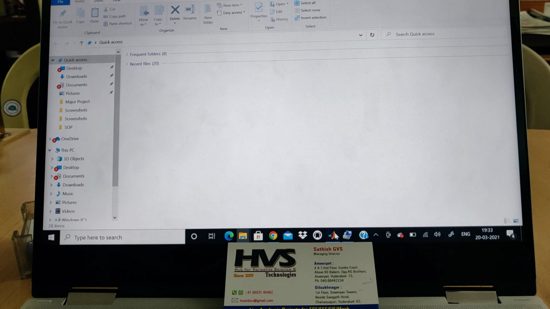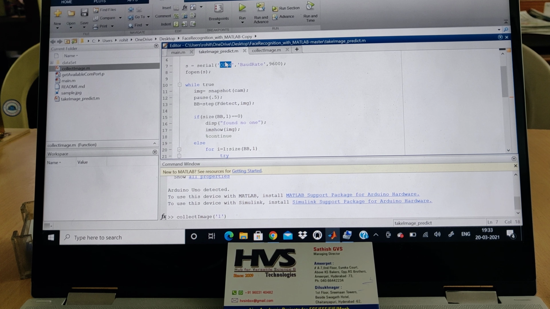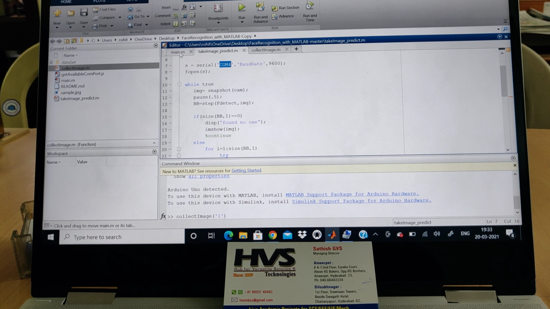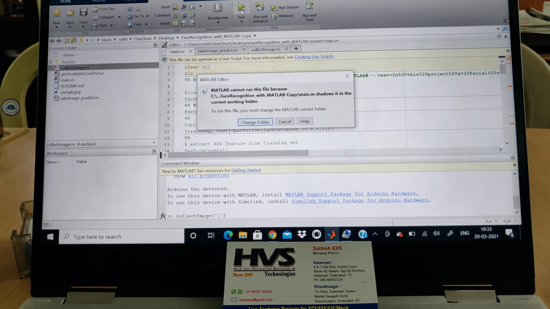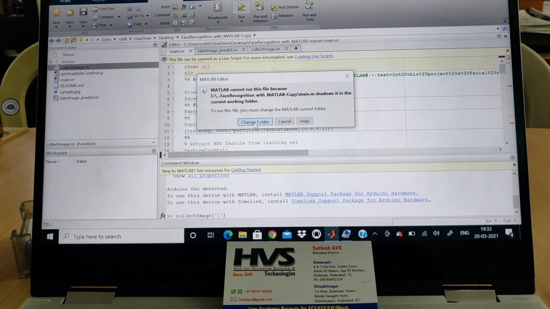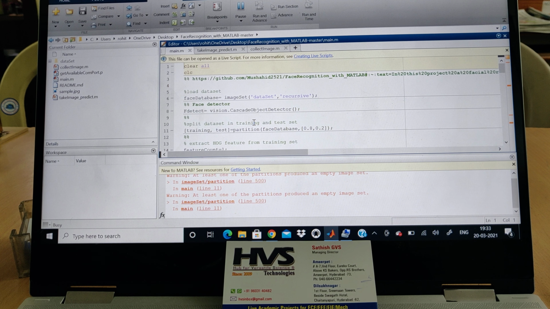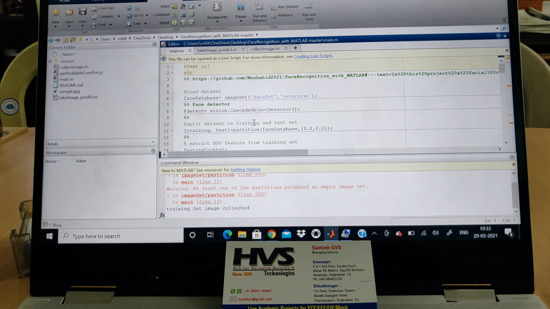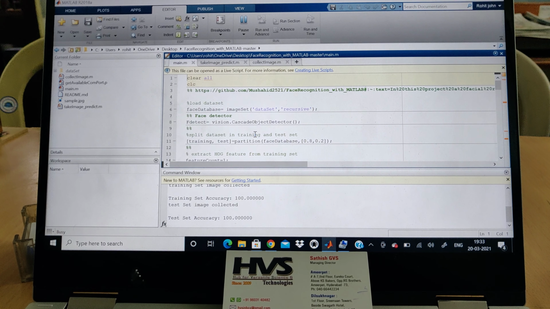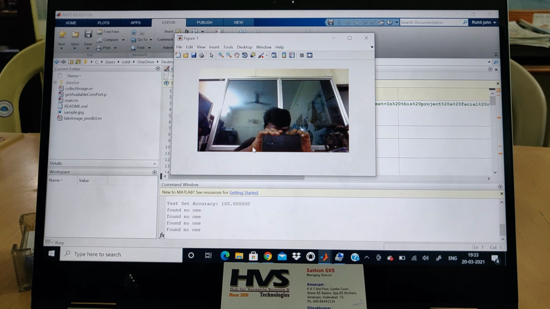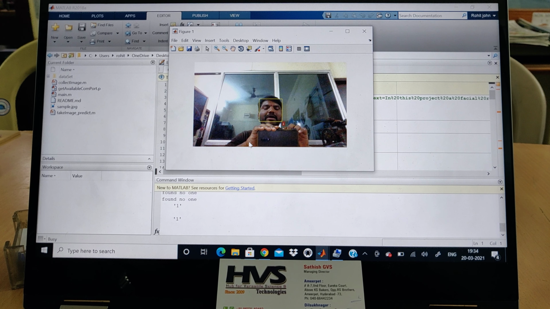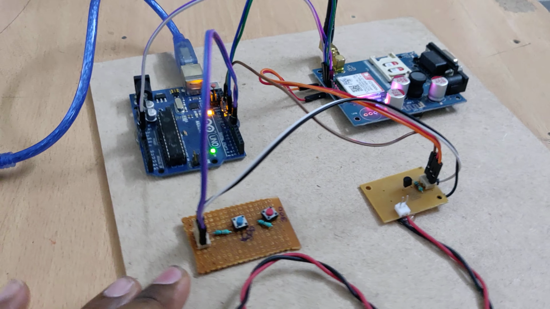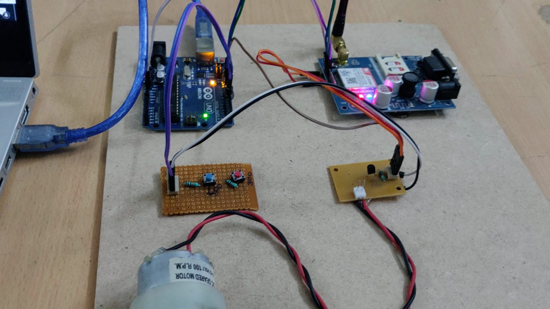After that, you should enter the COM number in the take image underscore predict file. That's very important. And after that only you can run the main code. So when we are running that, now we will show you the demonstration. If there are no images, then it will not show anything for anyone. If I am there, then automatically it draws a box and gives the number 1, and from the kit the light turns on and we'll get the SMS alert.